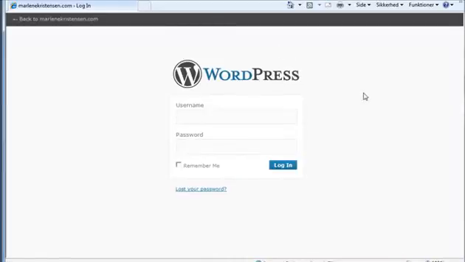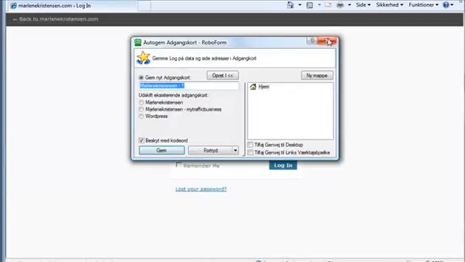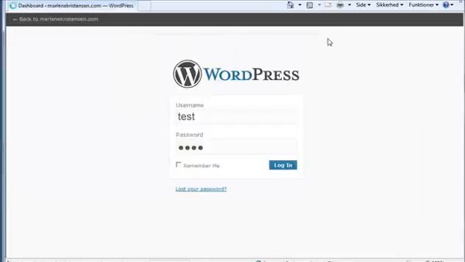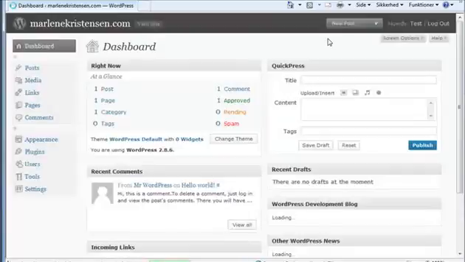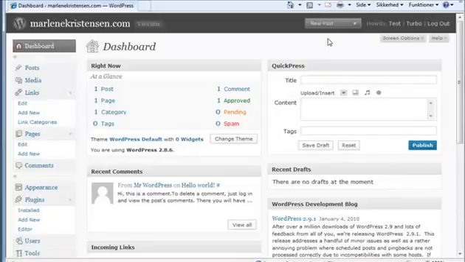And here you can see we can log in. And this is your dashboard. This is where you control every setting on the WordPress blog. I won't go into details now. I will show you in a later video how to use this stuff. But now you are all set and done. You can start posting. You can put up new pages. You can change the appearances and put in plugins. I'll go into this in a later video.